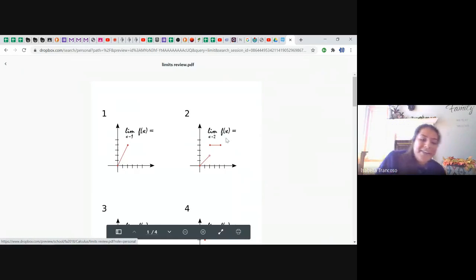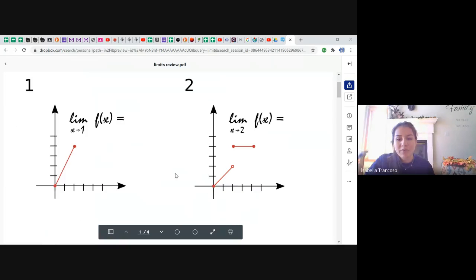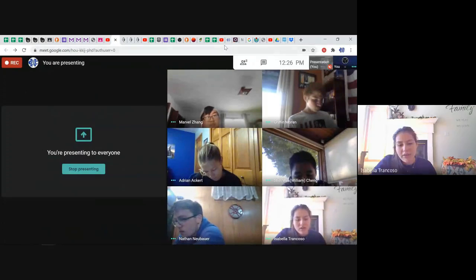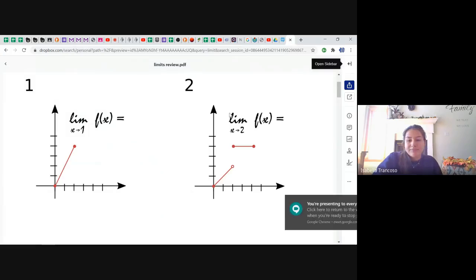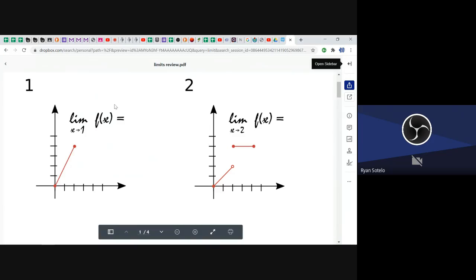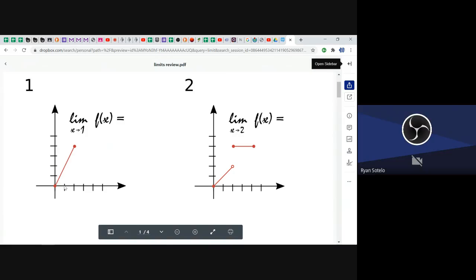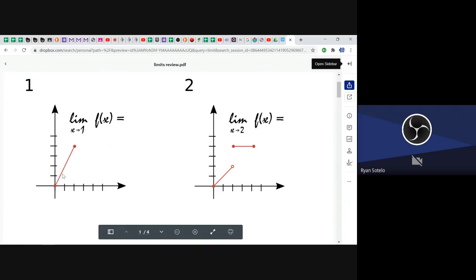Can you see my screen? So is the format going to be kind of like this too, where it just asks you, what's the limit as x approaches 1? Okay, so it's not gonna be bad. No, I don't think so. All right, so as x goes to 1, here's one, right? So 2. As x goes to 2. So basically, the way the limit works is you just block out that point,